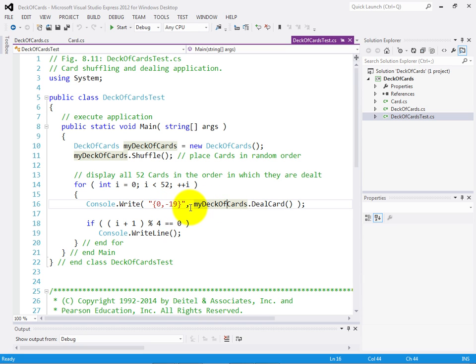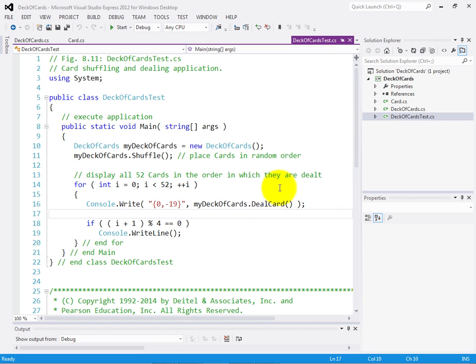Now, what we're actually outputting here is the result of my deck of cards dot deal card. If I hover over deal card, you can see that it returns a card object, which I'm then displaying in this position placeholder within my format control string. Now, it's going to be displayed as a string.